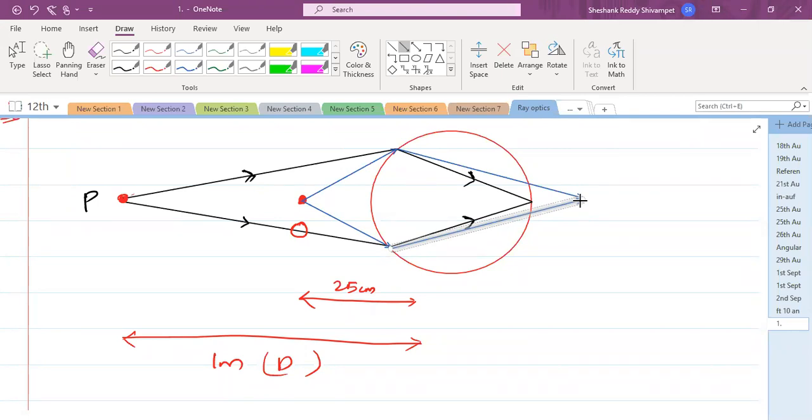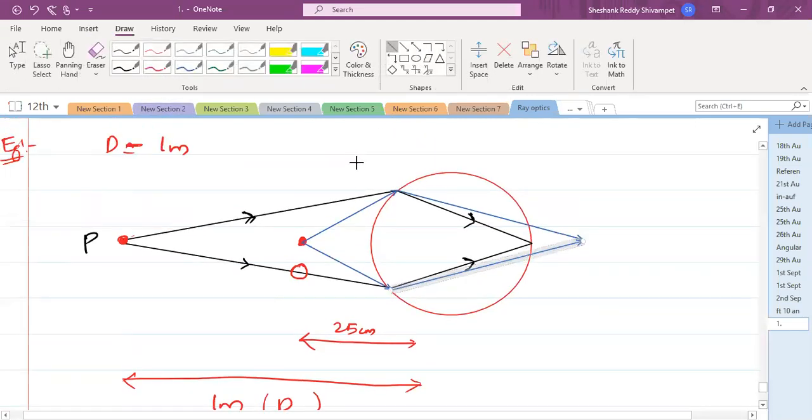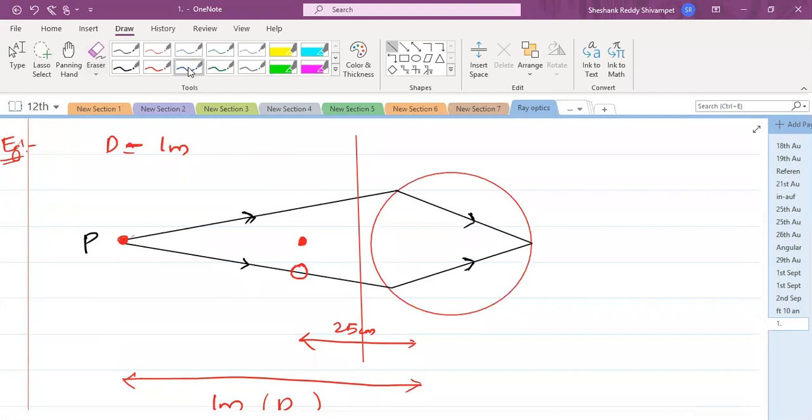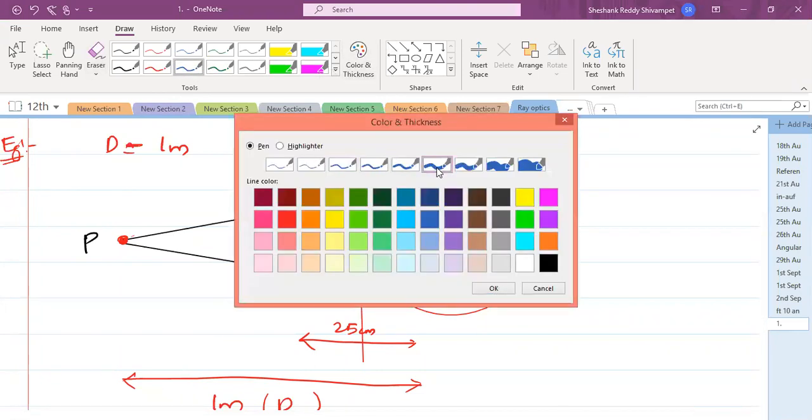Right? So look, for O to be visible when I make use of a lens, O should be visible to us. If I insert a lens here, then after the rays pass through the lens, the object should appear to be where? Look, I'll slightly change this. Look carefully here. I'll slightly change this, okay?